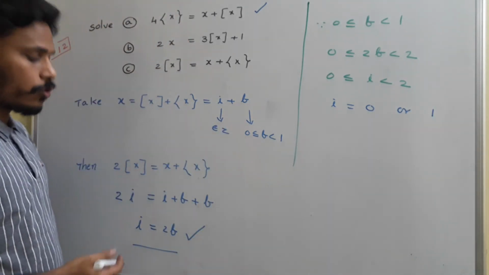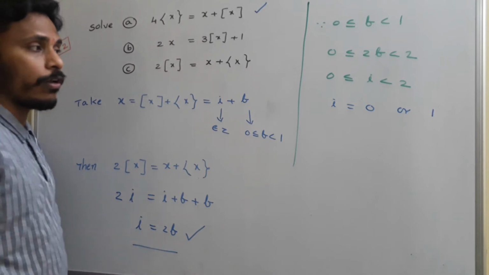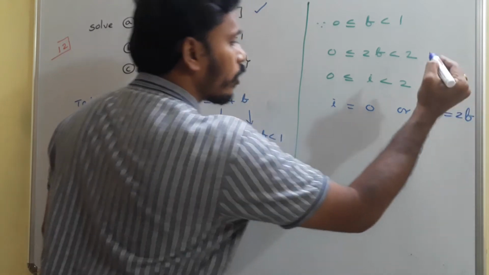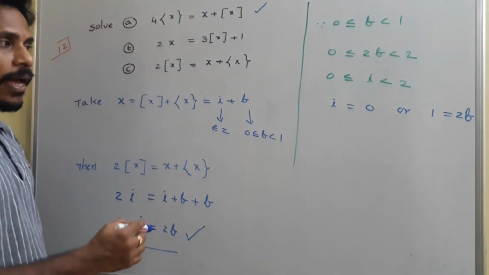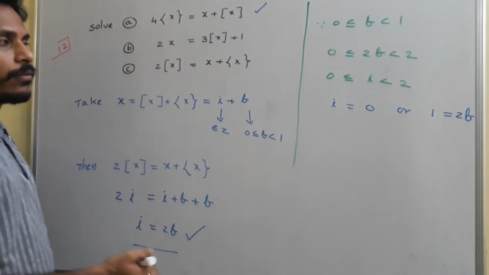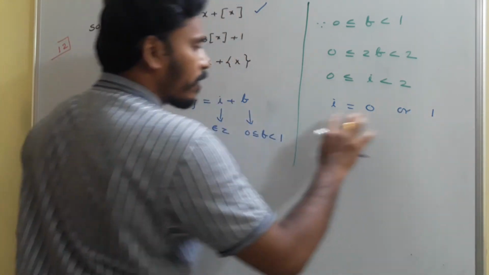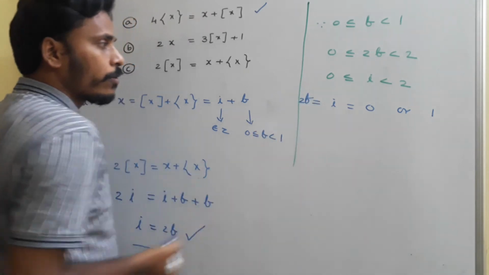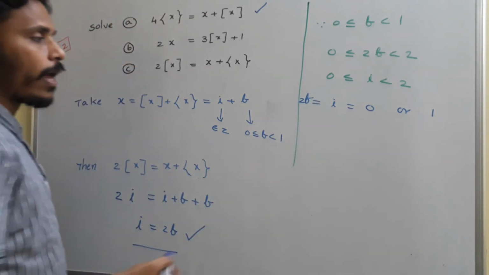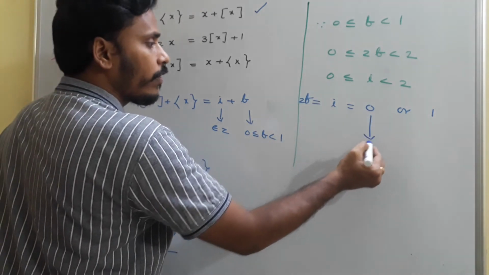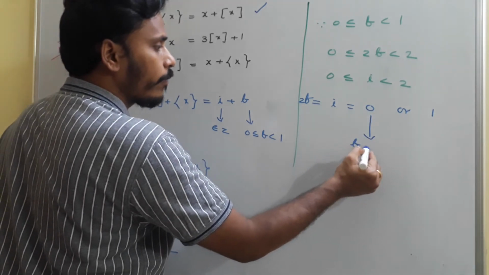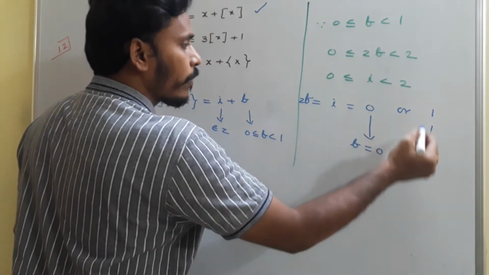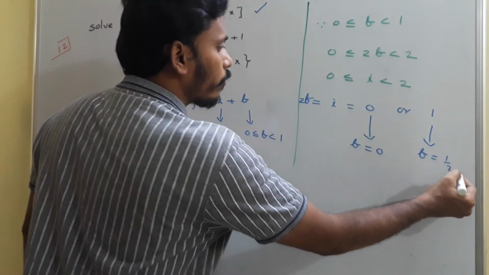It is very clear that the possible values of i are 0 or 1. And since i is equal to 0 or 1, then i is simply nothing but 2f, right? So i is equal to 0 or 1, and it is again equivalent to 2f. See, what I am going to tell you is i is equal to 0 or 1, and that i is equal to 2f we have. Okay, so in each case we need to calculate i as well as f. If in this case i is equal to 0, directly f is also 0. And in this case i is 1, directly f is equal to 1 by 2.